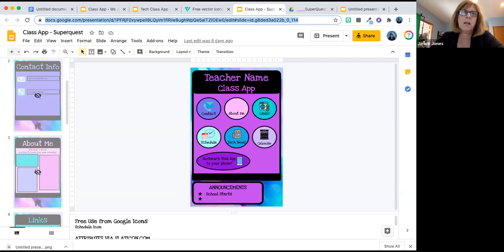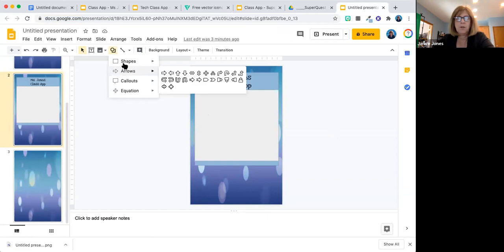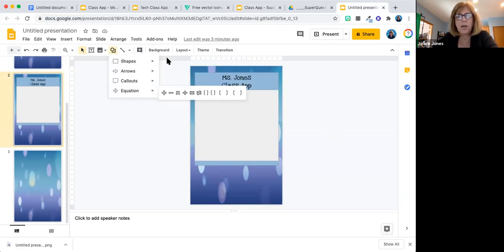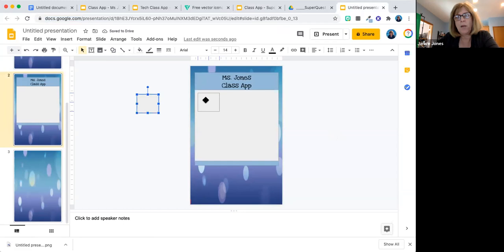Okay. So back to this one. The next thing you're going to do is go ahead and pull in another shape. You can choose what you want. This is where you kind of have to play with what kind of things. I'm doing kind of just squares on this one. And think about what you're wanting to share with families. So how many links or boxes do you need? You know, I used